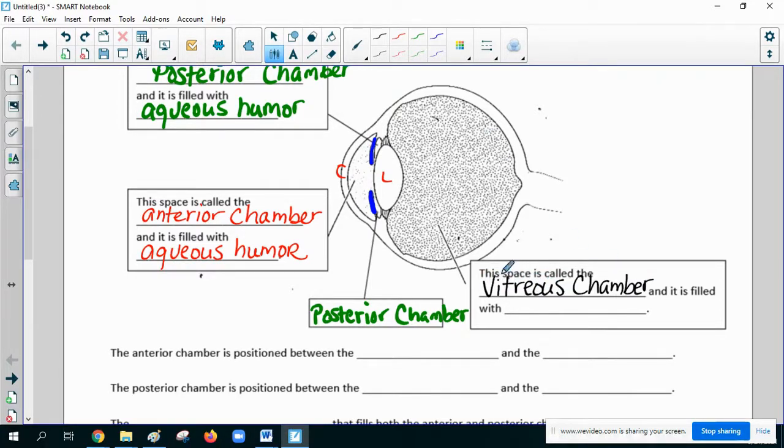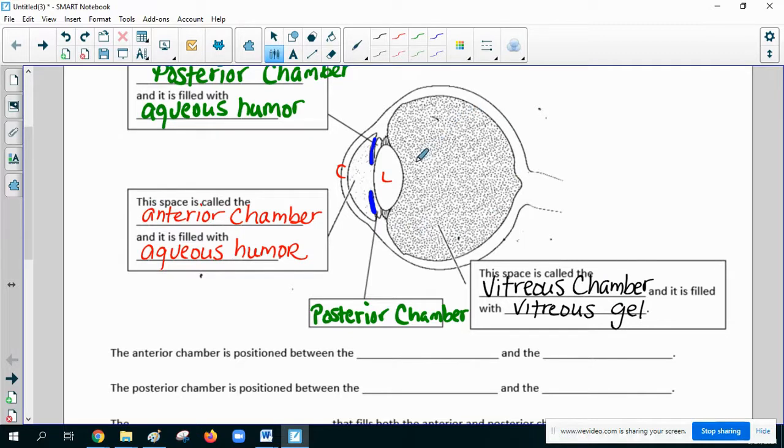And this is one of the most interesting concepts of the entire body. This chamber is filled with a gel-like substance known as the vitreous gel. Some people may call it the vitreous humor, but I think it's more appropriate to call it the vitreous gel since it is actually a gel consistency. So I want you to think of egg white before it's cooked, when you crack an egg and the egg white is that clear sort of thick gel. But instead of being runny and going everywhere, this would maintain its shape if we took it out of the